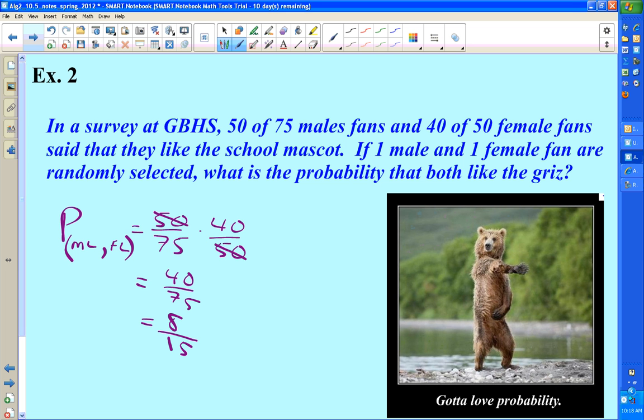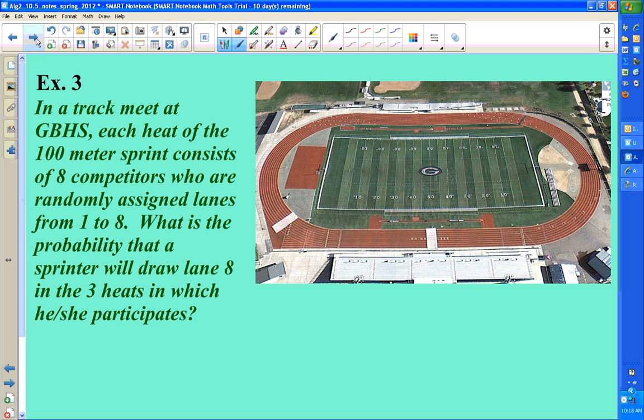Everybody good with that? These are independent. So what happens with one has no impact on what happens with the other. This one gets a little bit more complicated, but again, there are 3 totally independent events. And you know, there are people out here, even though the events are independent, people feel like your probability increases